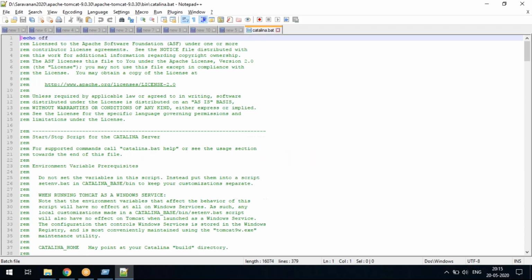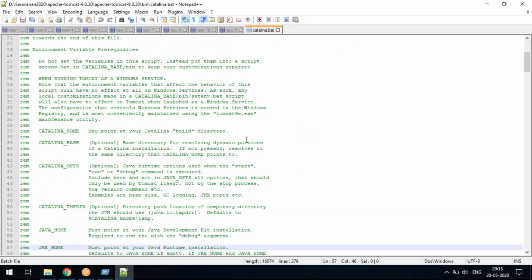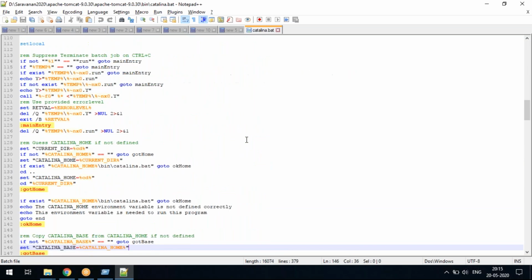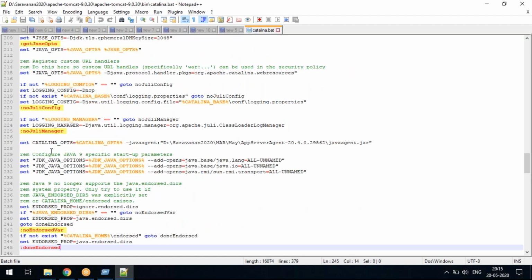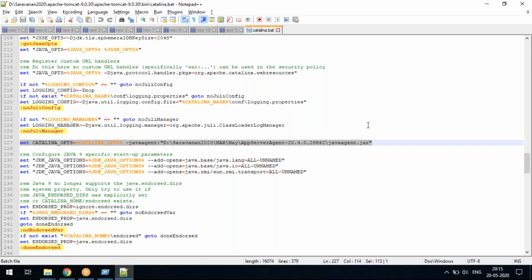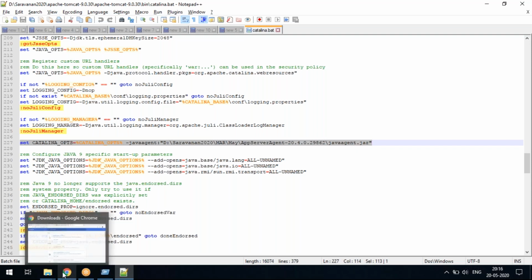At the beginning of your file, or somewhere in the middle near your Java OPTS, you can set it. You have to search your Java OPTS. This is the entire path.